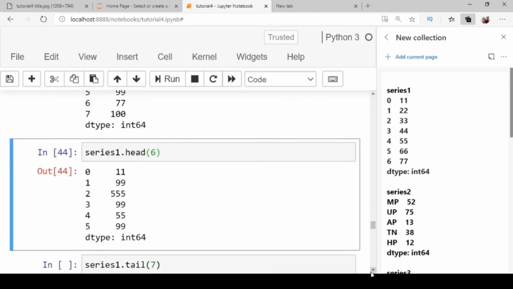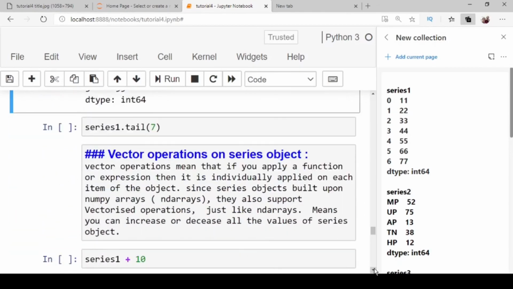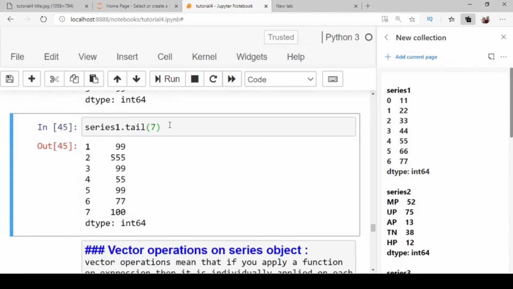The 6 rows are here. Similarly, series 1 dot tail 7 displays the last 7 rows of series 1.